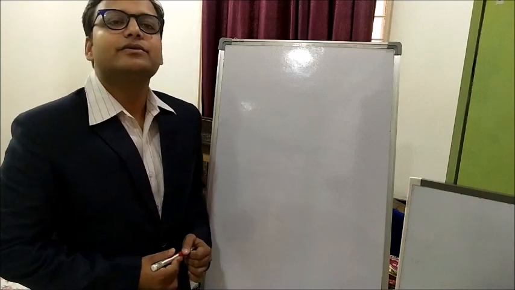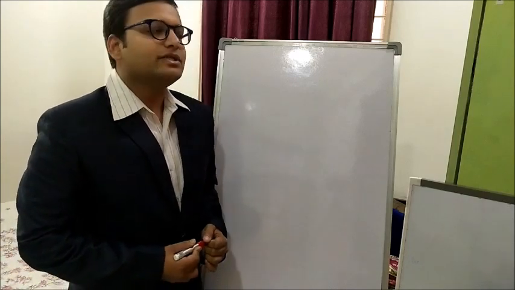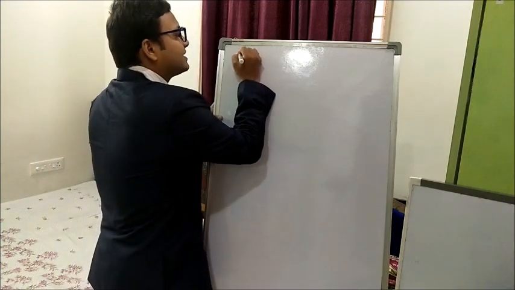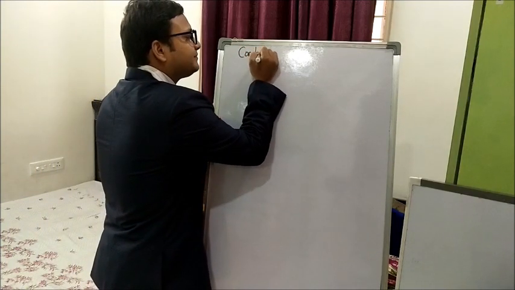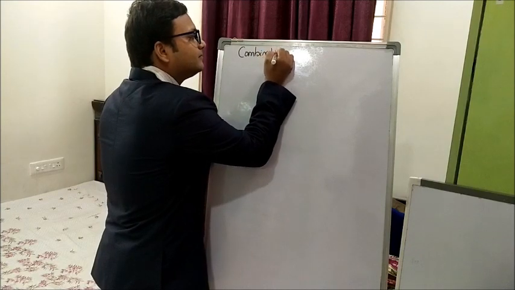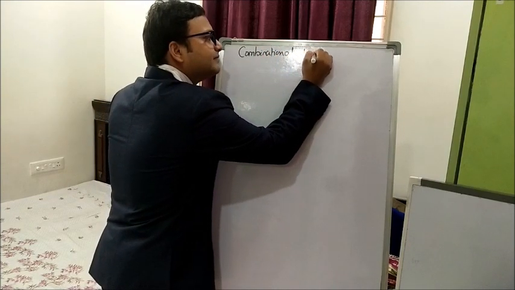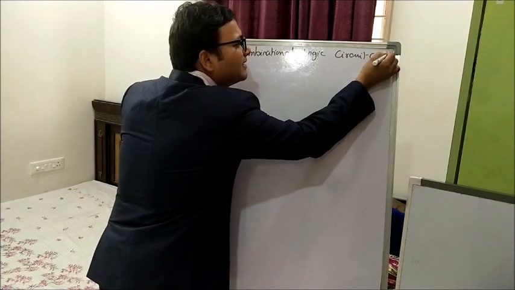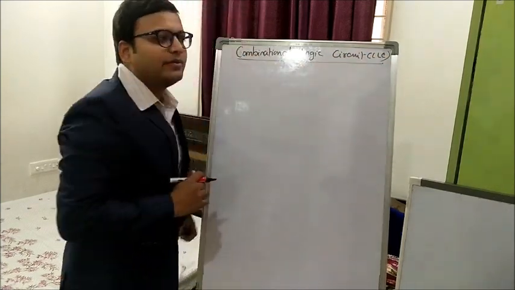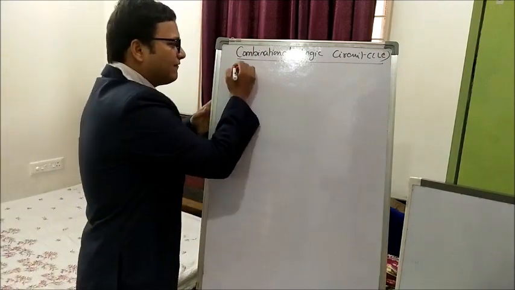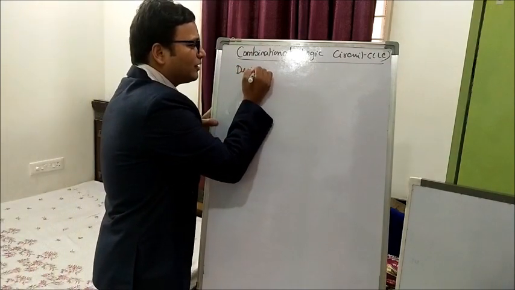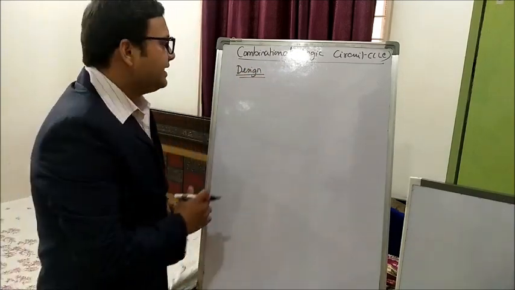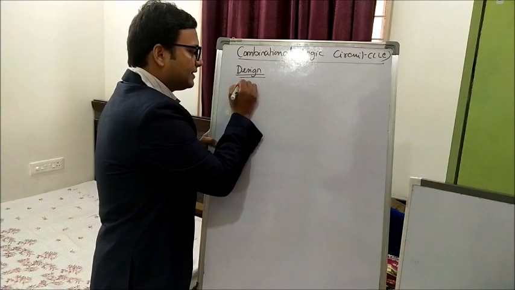Today we are going to see digital electronics. From that topic we are going to see combinational logic circuit, which is actually unit 2 of our syllabus. Mainly the combinational logic circuit, CLC. In this combinational logic circuit, we are going to see the design flow for designing any combinational logic circuit. Mainly the design flow starts from the problem statement.